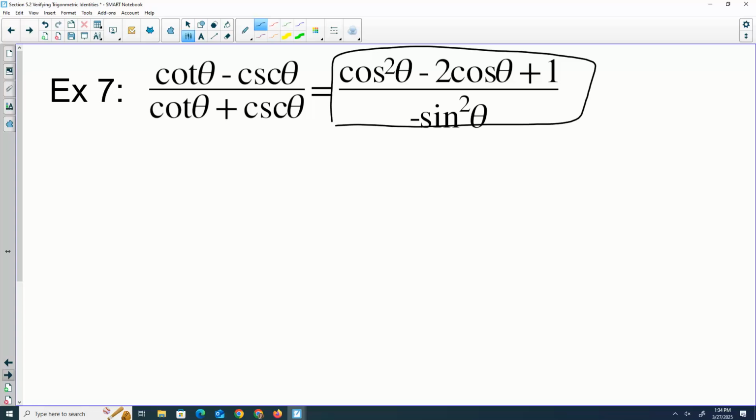So we could try just changing sines and cosines. We want sines and cosines in the final answer. Cotangent is, cosecant is